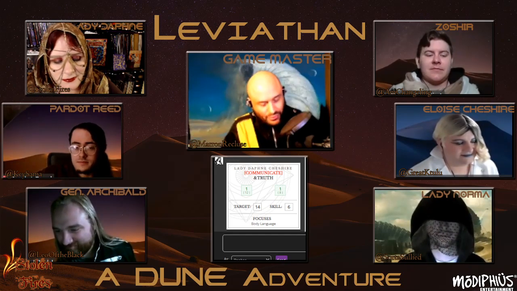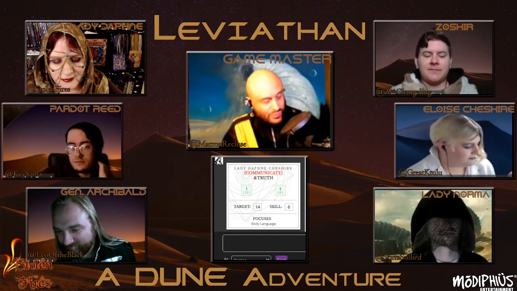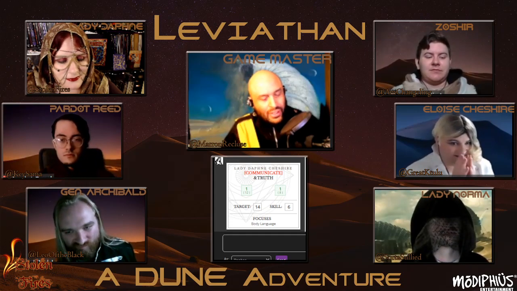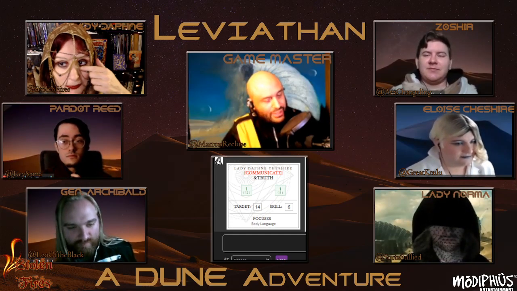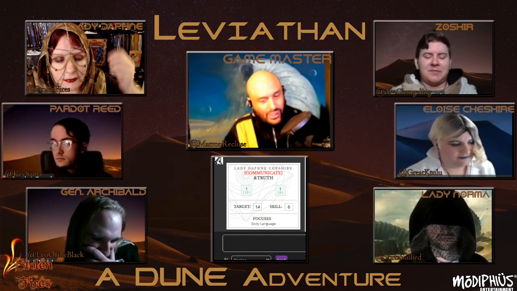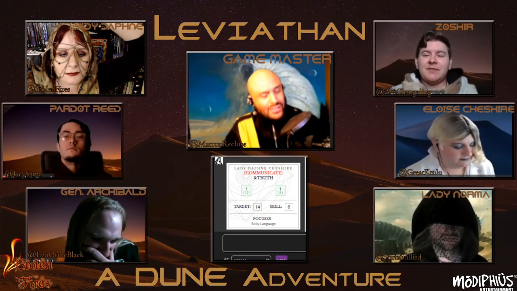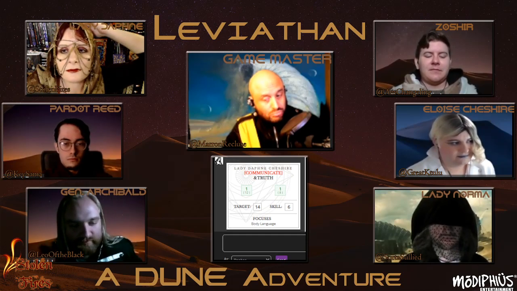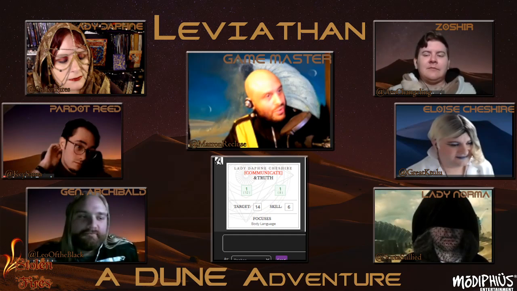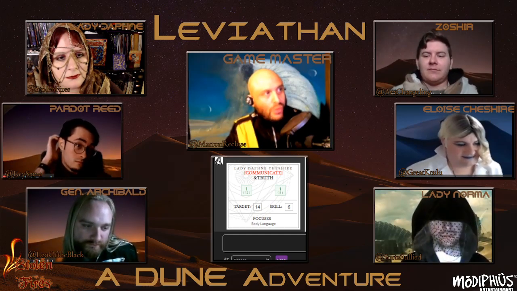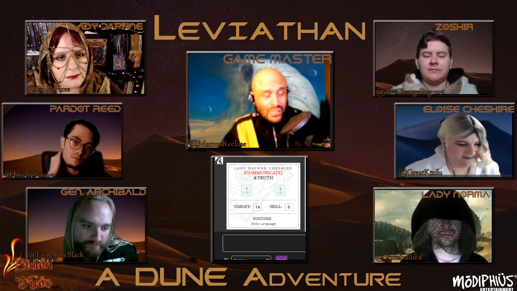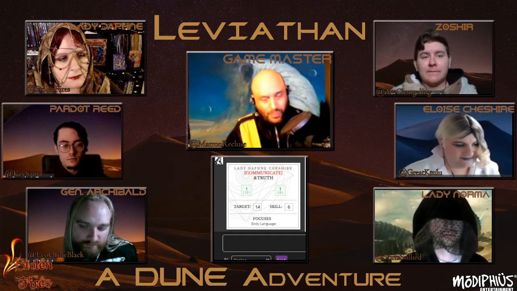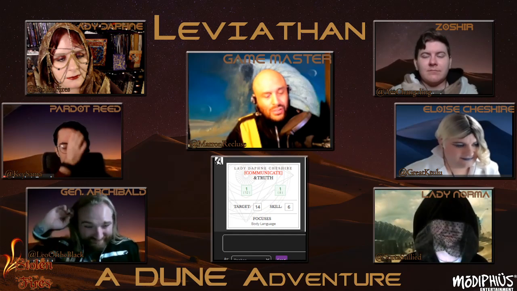Welcome back. We've returned from our break where we last left off. Zoshir was spending some time with Duncan Idaho and the other Fremen in Sietch Tabr as they were discussing their potential plans to raid an abandoned botanical testing station, which has been procured by the Harkonnens recently, and they are in a hurry to get out as soon as possible before the Atreides arrive. Idaho and the rest of the Fremen, along with Stilgar, were originally planning on